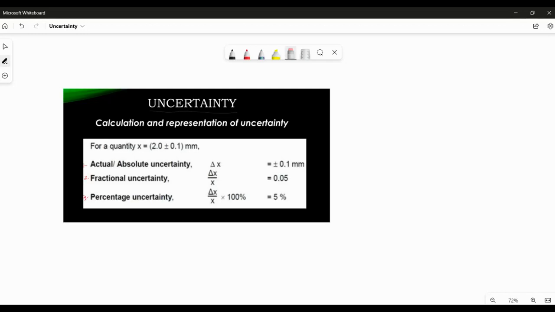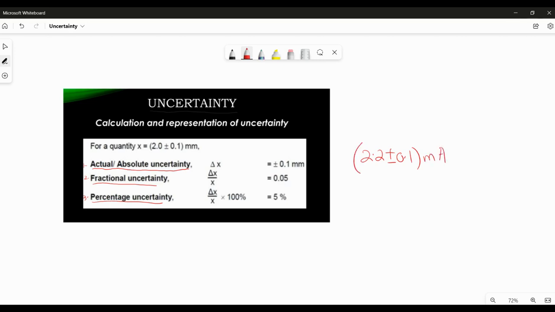Hello, everybody. Today we are going to talk about uncertainty in data. We will start with the representation of uncertainty in data. There are three methods of representing uncertainty in data, as mentioned here: absolute or actual uncertainty, fractional uncertainty, and percentage uncertainty. Whenever we see data written something like this, 2.2 plus minus 0.1